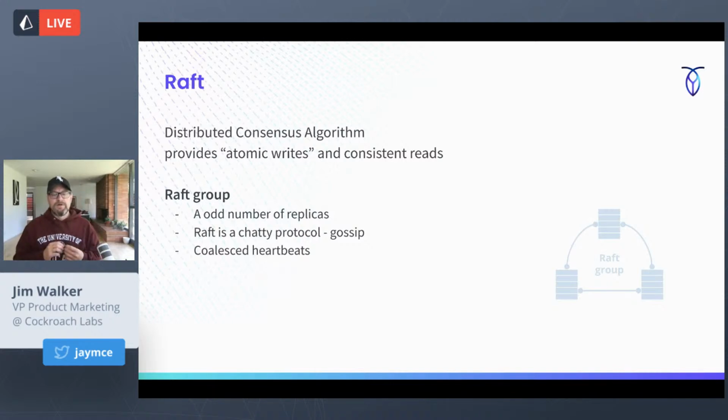So now in Cockroach, we also use something called Raft. If you're not familiar with Raft, go check it out. I'll give a link at the end of this little section on where to go. Raft is a distributed consensus algorithm. It really allows us to provide atomic writes and consistent reads. Now, okay, so what does that mean? Well,